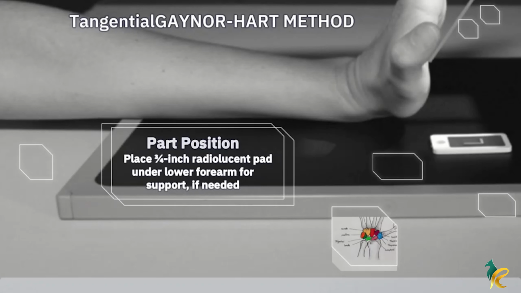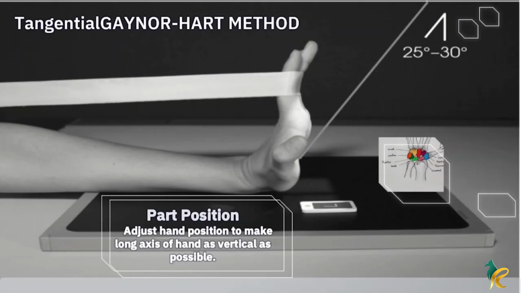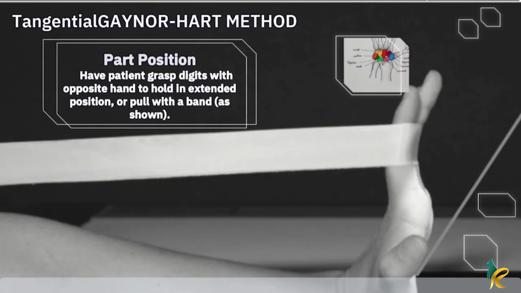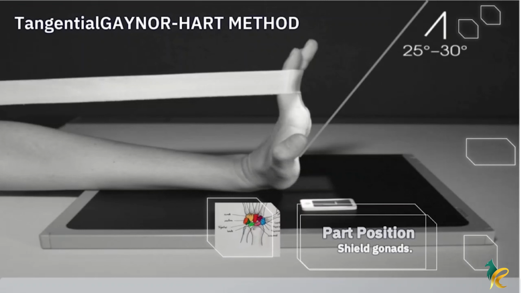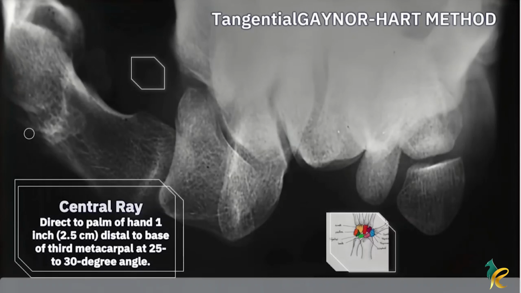We adjust the hand position so the axis of the wrist is as vertical as possible. We ask the patient to grasp the digits with the opposite hand to hold an extended position, or pull with a band. Our central ray is directed to the palm of the hand, 1 inch or 2.5 centimeters below the base of the third metacarpal, at a 25 to 30 degree angle, and our kVp